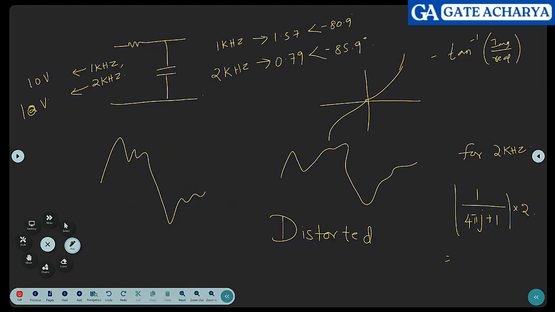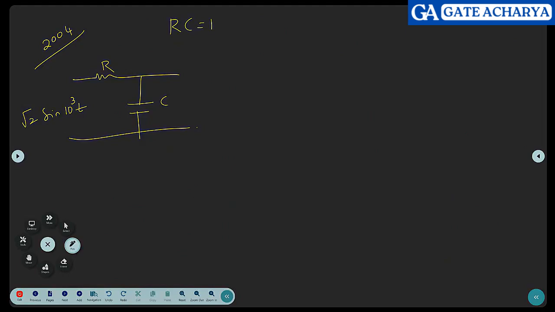Okay, I hope you have got some idea on it. Maybe we could check how much you have learned. Okay, there is a question here. This is 2004. See if you can solve. Similar RC circuit. Here they have given RC is 1 millisecond. Somewhat like the previous problem, I guess. They are asking what is V out. Options are